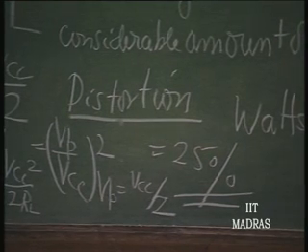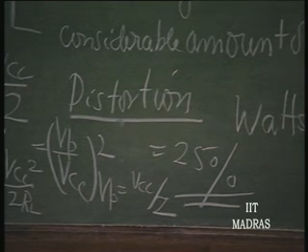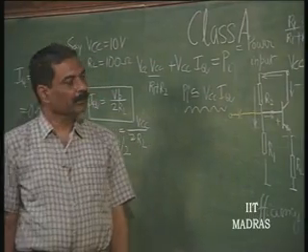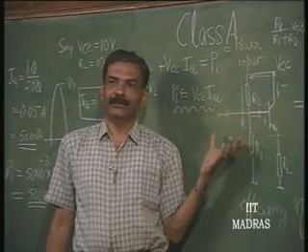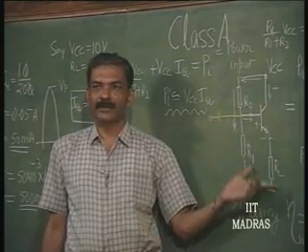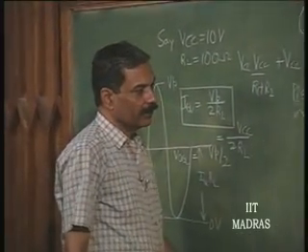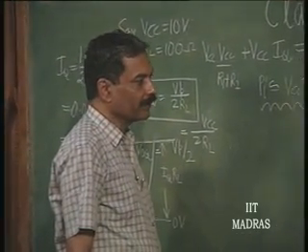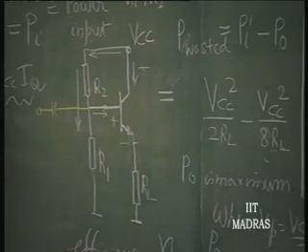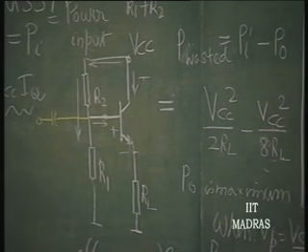So, let us understand this very clearly. Maximum efficiency of this class A stage as given here is 25%. Such is the case of any class A stage. I have used a common collector stage only for demonstration. Even if you use a common emitter stage with load here, such is the case. It makes no difference what kind of stage I use, whether it is FET or bipolar, as long as it is class A, the maximum efficiency of such a stage is always going to be less than